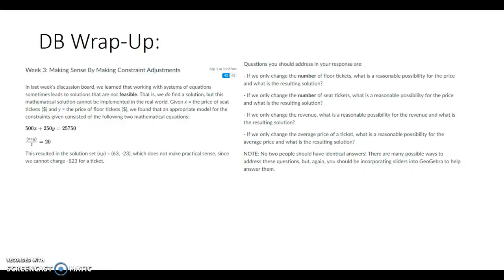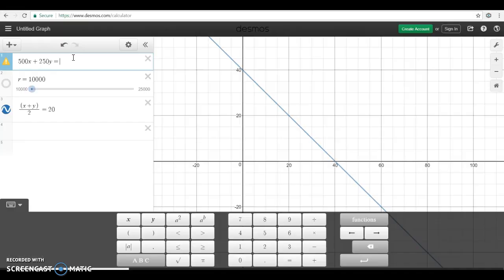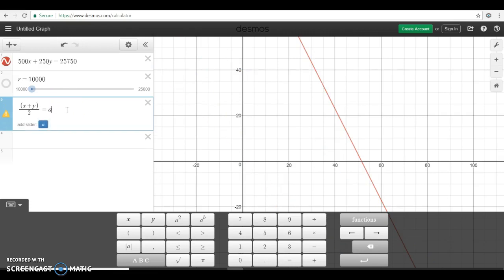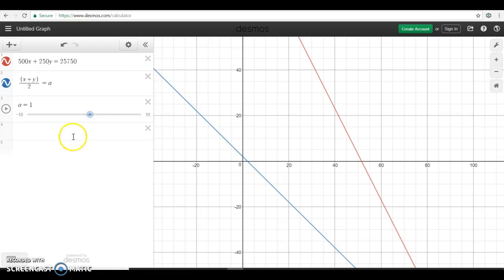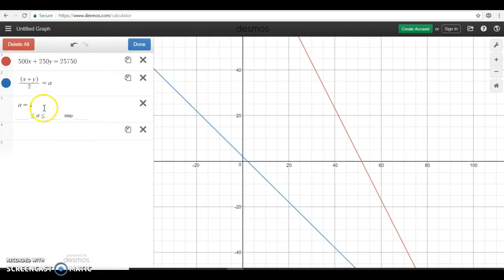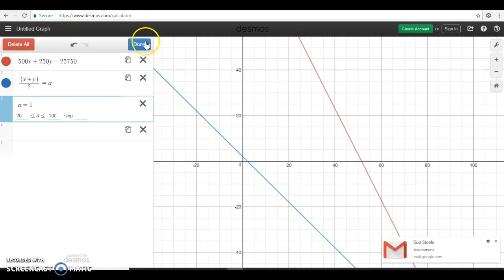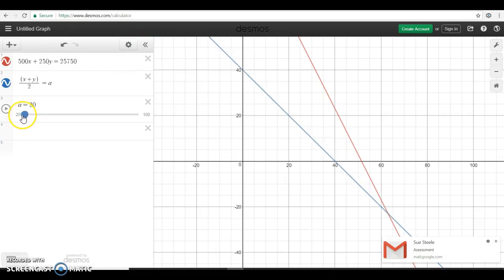So back here, the last thing we want to adjust is the average ticket price. I'm already speculating that if I charge a higher average ticket price, maybe I'll just call this A. We can delete that slider. I'll insert one here, delete that slider, and I'll change my average. I know that it has to be higher than $20, so I'll go 22 to 200, and now I'll click done. And so I see that that's basically